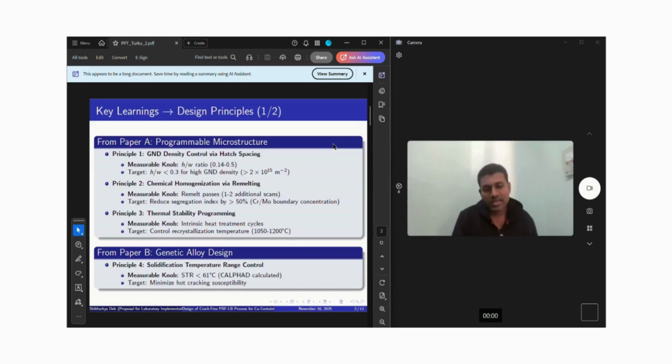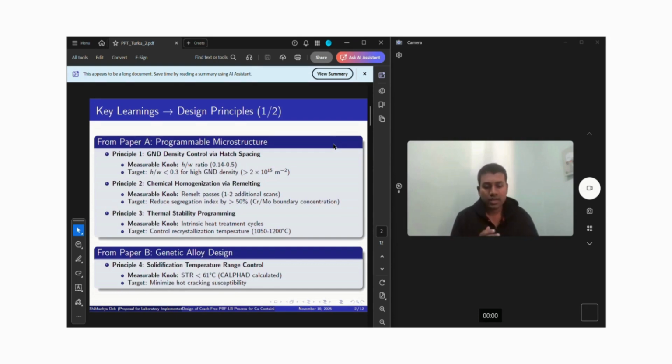The fourth principle is the solidification temperature range, where we have also used the genetic algorithm approach by calculating the STR, or the solidification temperature range, for each composition using thermodynamic software, keeping only compositions with STR less than 61 degrees centigrade,